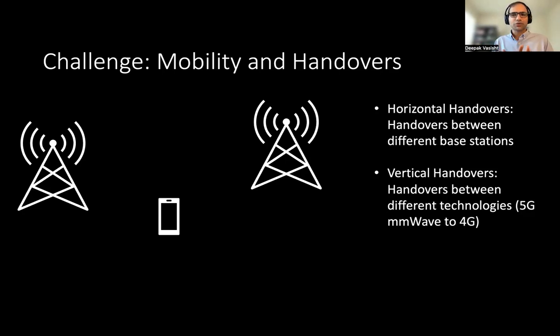Okay, so there are two kinds of handovers. One is the horizontal handover, when you move from one base station to the next. And then there's also vertical handover, or a technology handover, so to say. What that means is that you're moving from 5G to 4G or 4G to 5G, depending on what works better for you within the same base station. So for example, if I'm connected on a 5G millimeter wave network to the base station, but my signal is blocked by someone, it might be better for me to move to 4G, right? So that's a vertical handover. And again, there are questions as to how to deal with that efficiently and with minimal impact and disruption to the end user applications.